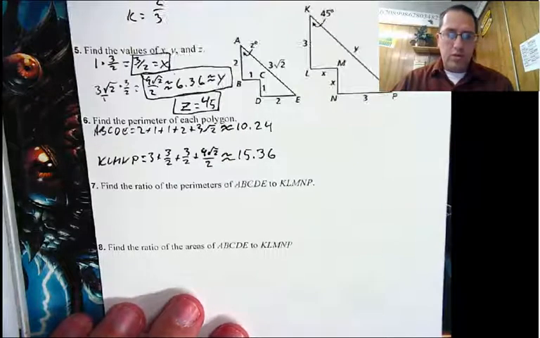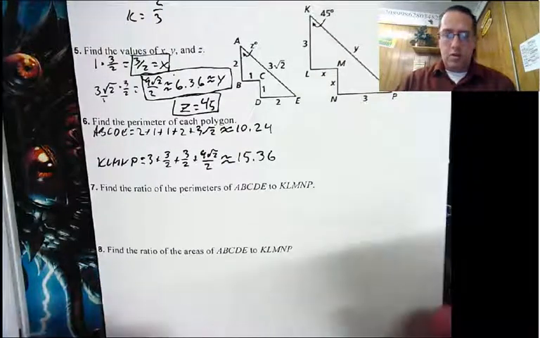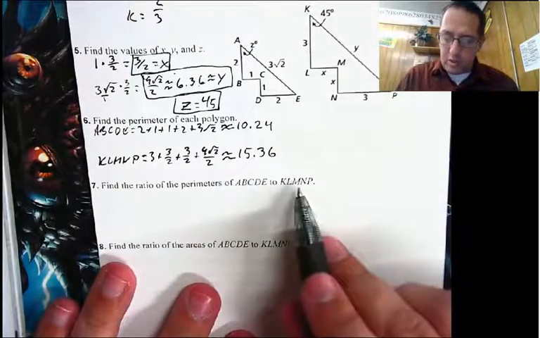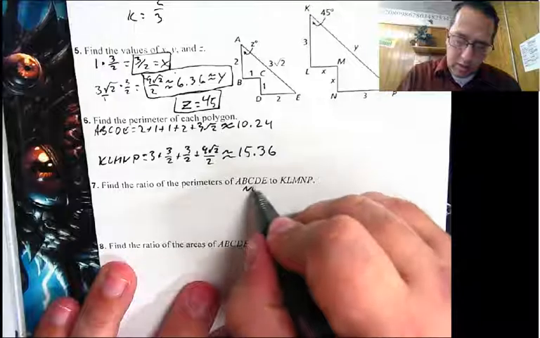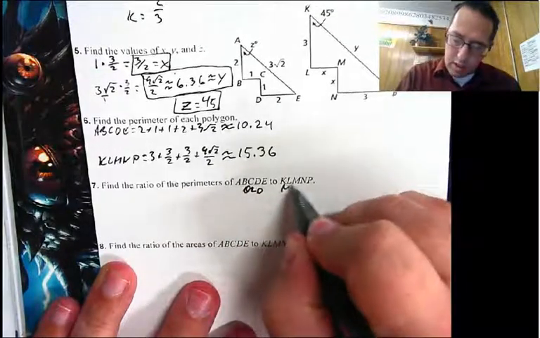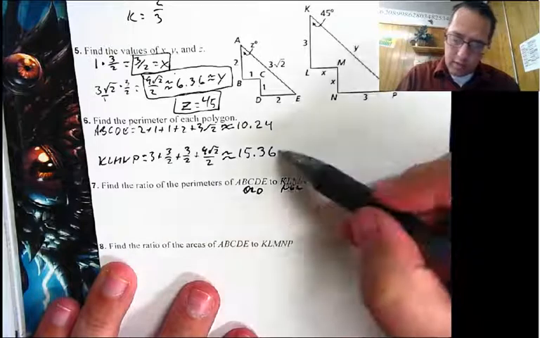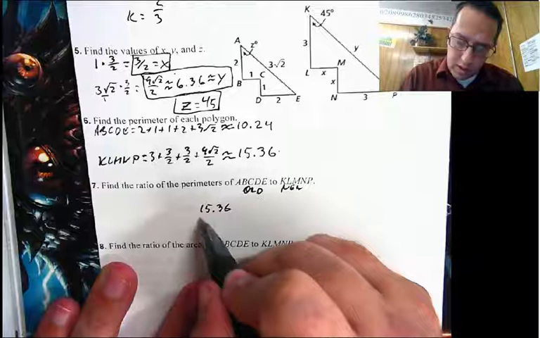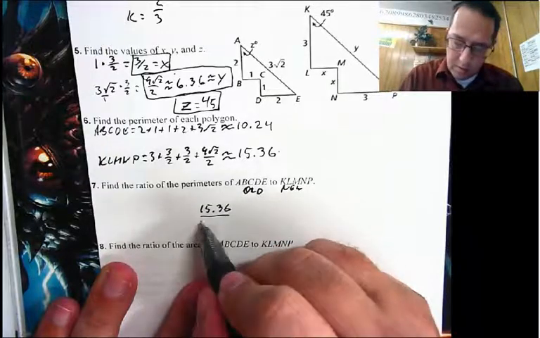Okay, now, next question. Find the ratio of the perimeters of the two figures. So from A, B, C, D, E to K, L, M, and P. So this is the new one. Sorry, this is the old one. And this is the new one. So we'll have this one over that one. So that would be 15.36 approximately over